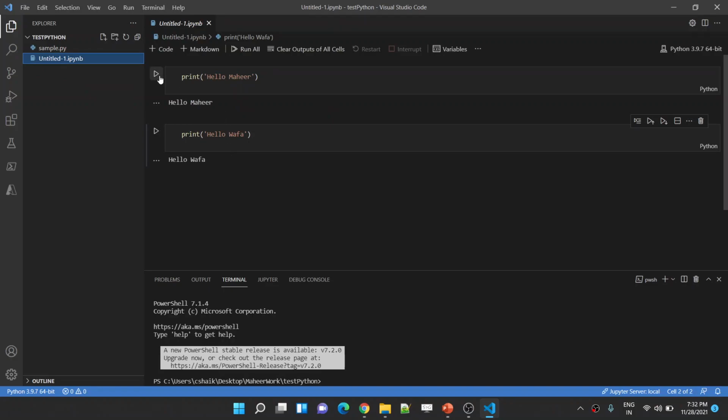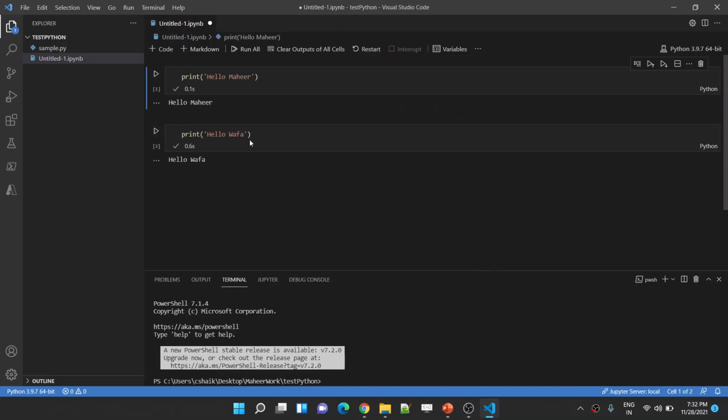Here if you see, if I execute this print hello Mahir, let me select this divider. So it is going to print hello Mahir here. It's already printed here because I executed it a couple of minutes before, so you can see the results. Just now I hit this run button, it is still running because the connection is happening with the kernel, and the execution completed, hello Mahir printed.